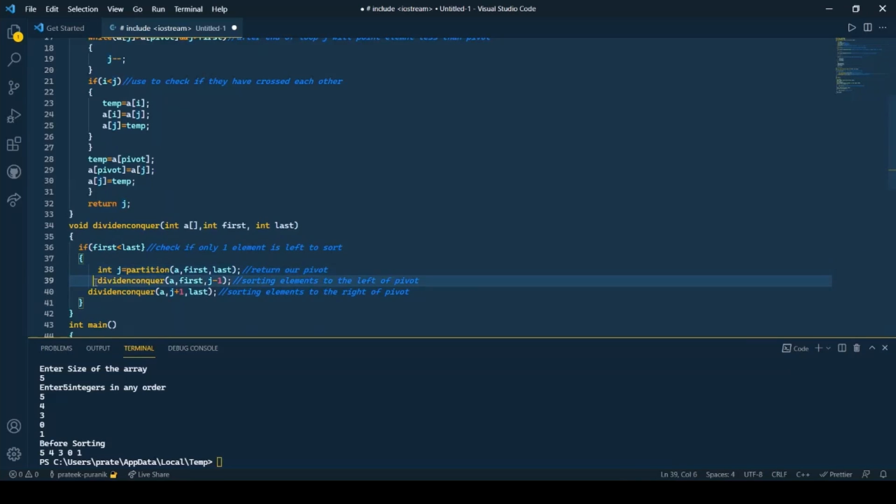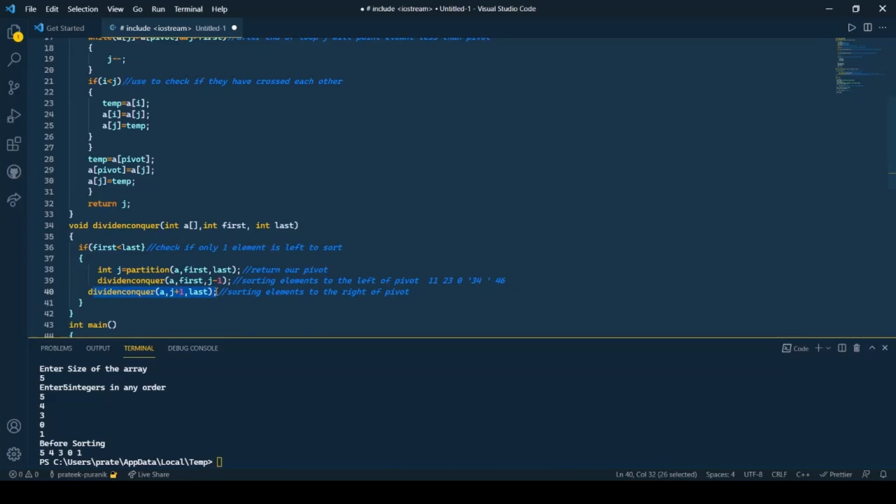So over here we are sending elements from to the left of pivot. For example, if our array was something like this, after positioning of pivot: 11, 23, 0 and 34 and 46. So over here let's assume that 34 is our pivot element after partitioning, and we have received the position of j, that is the third position, 0, 1, 2, 3. So we are simply going to pass divide and conquer again, that means 11, 23, 0 to the divide and conquer algorithm, and then 46 alone to the